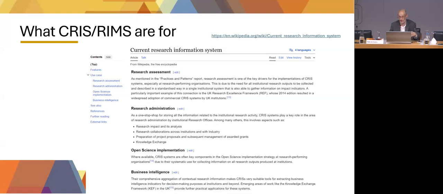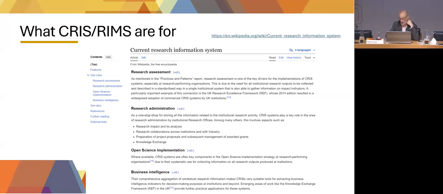So research assessment, mostly internal, research administration, so the proposals, writing a proposal across departments, for instance, with the involvement of the institutional research office. It's done by the CRIS. This is another bit that is not public. It becomes public when the project gets funded, if it gets funded. And then you start having the early metadata for that, which will be reused along the project life cycle.